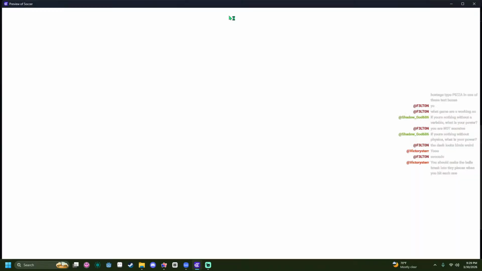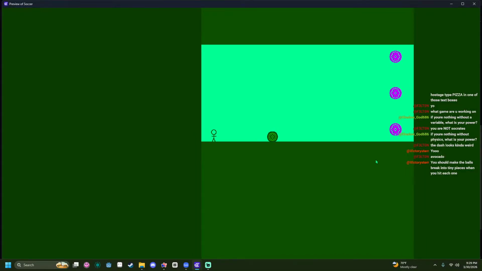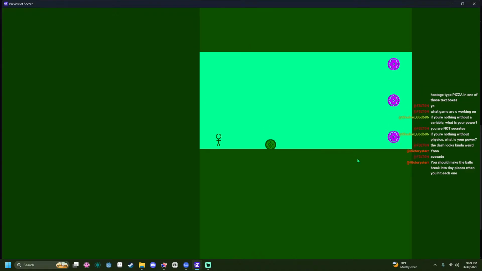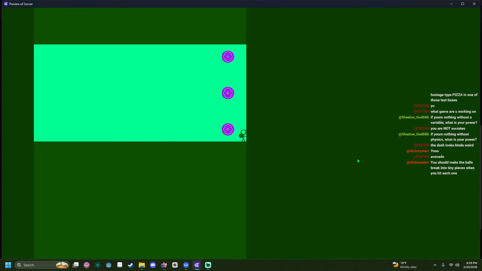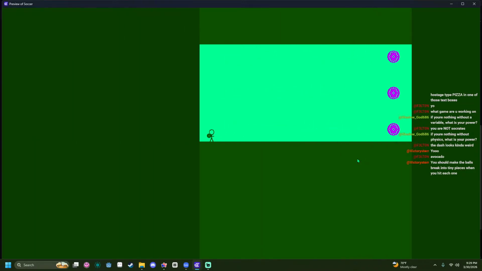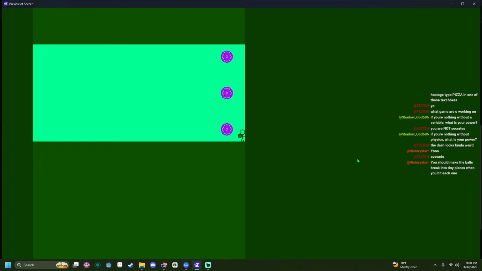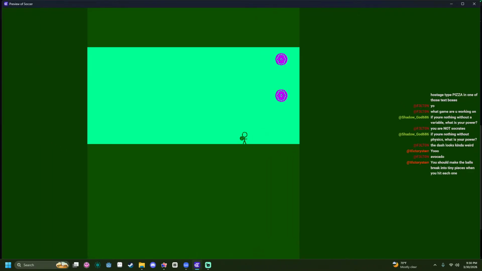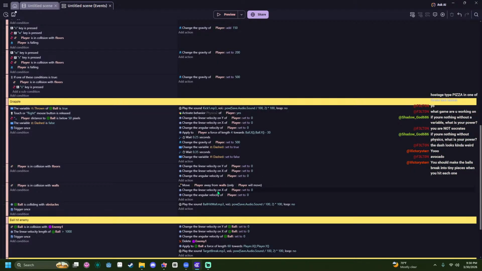Do that first, even though it doesn't matter. Yeah, see, we're still... You can see the ball is trying to go still. Why? It should be setting it to 0. I don't get it.